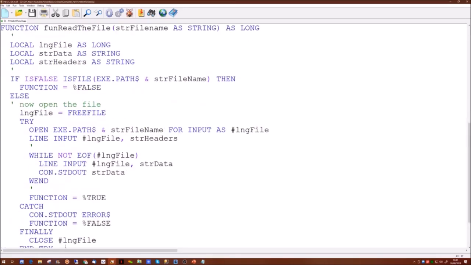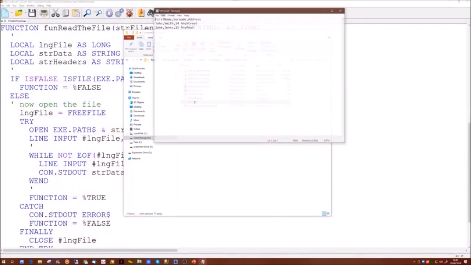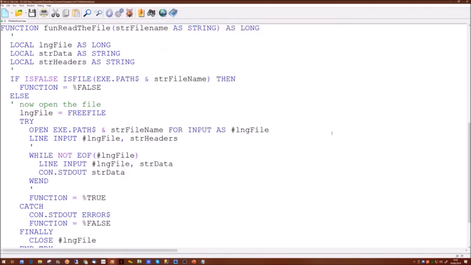But perhaps we don't want all the data, and we want to split up the data that's in our file, as we have a first name, a surname and an address. But we're just interested in the surname. How would we get the surname out of that string? It is delimited by commas, so we're going to use another command that's inbuilt to the PowerBasic compiler, which is the parse command.